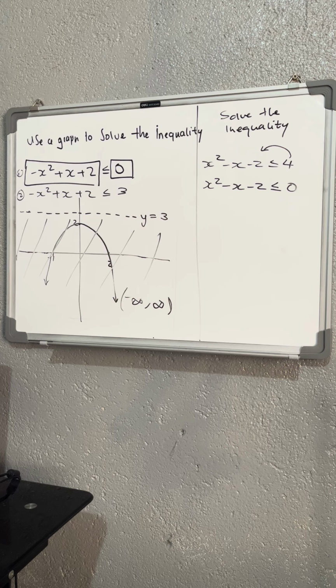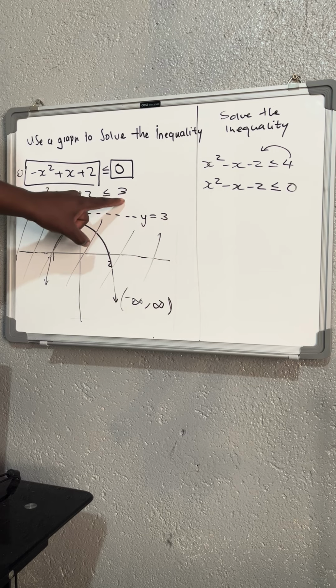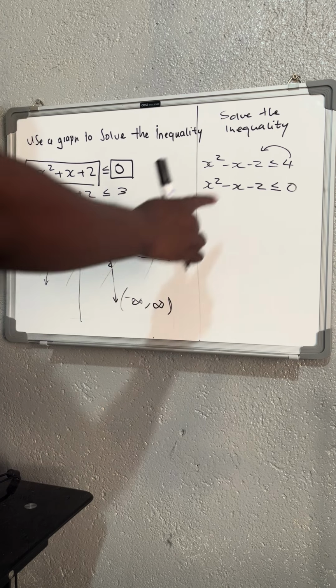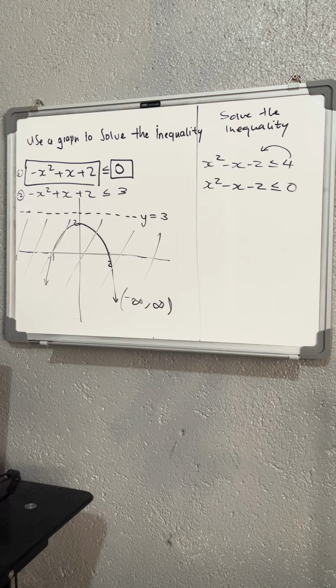So it's more or less as if now it's two graphs, whereas you are comparing them. They now want to know in which region this one is less than the second graph that you just wrote. You see, so you have to be careful when you are doing this type of example. But in this one, since we're not doing a graph, we can take the 4